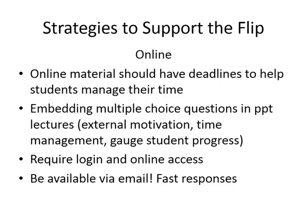So, the other thing is, I know that this is a big thing because if they got all this material online, I have to be available by email very quickly. So I always tell them, less than a 24-hour turnaround. If you don't hear from me within the 24 hours, please email me back or find another way, because that means I didn't get it. Because I'll at least email back and say, I can't talk to you right now, or I can't deal with this, can I email you, or can I meet with you, or something,